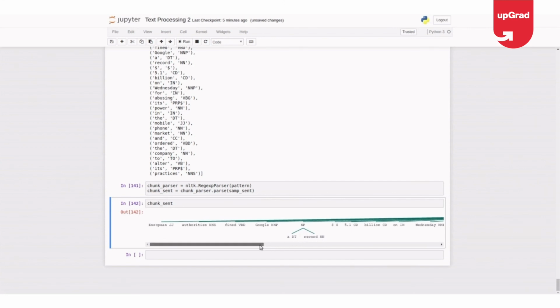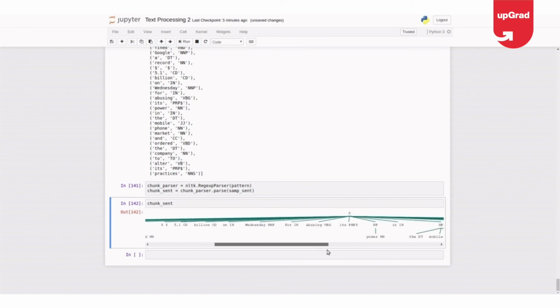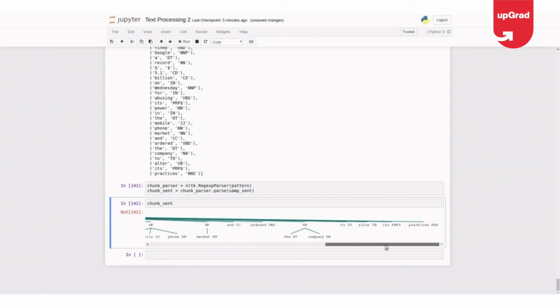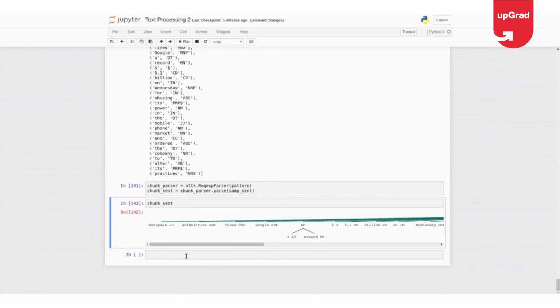So a record is a noun phrase, and then these are all again POS tags. Here I got again a noun phrase, just a noun, and here I think it's a complete noun phrase: determiner plus adjective plus noun. So I have parsed four chunks of noun phrases, and I built my custom named entity here using the regex parser. Not four, five. Yeah. So this is how you can extract named entities based on your custom rules.